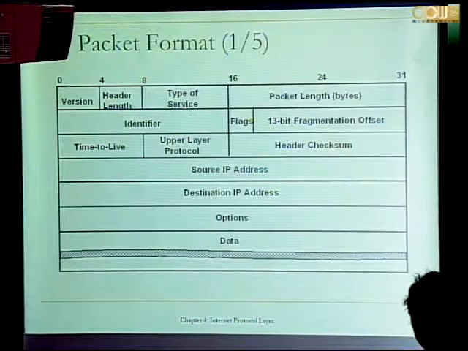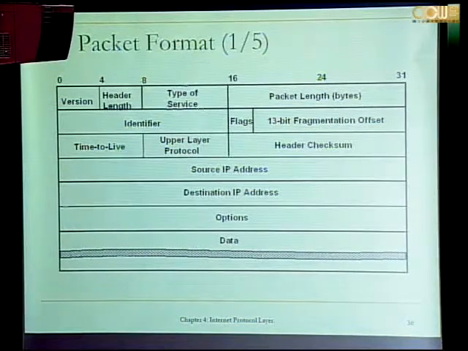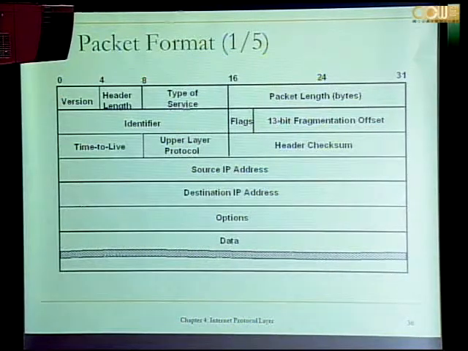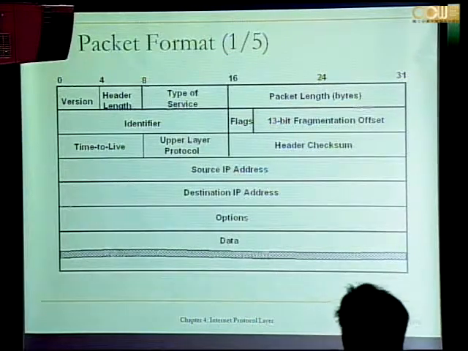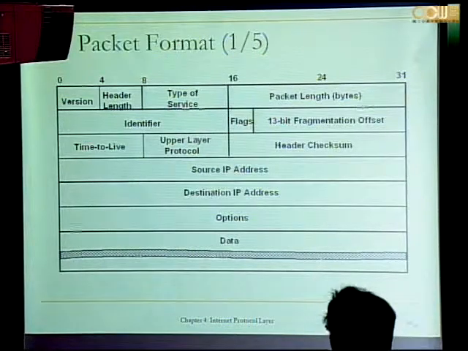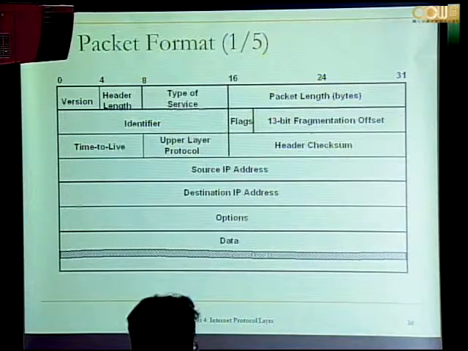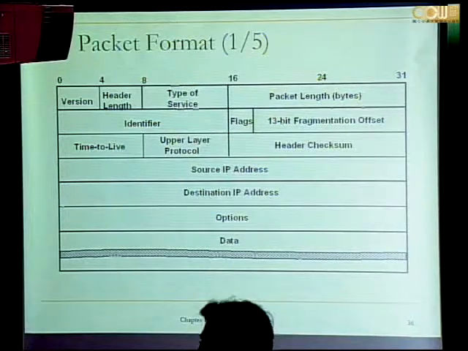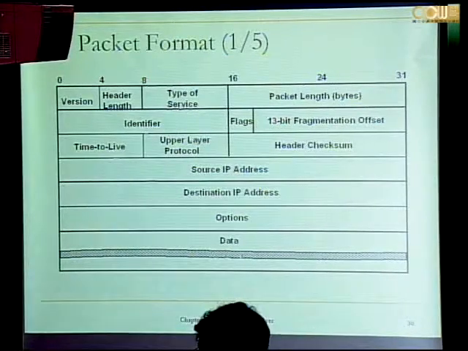Okay, and then you've got flags for fragmentation, and then a 13-bit fragmentation offset. And then time to live, TTL, which is not actually time, it is hop count. At most it will be 255 hops, meaning that the packet might traverse at most 255 routers. But in general, it would be the hop counts between